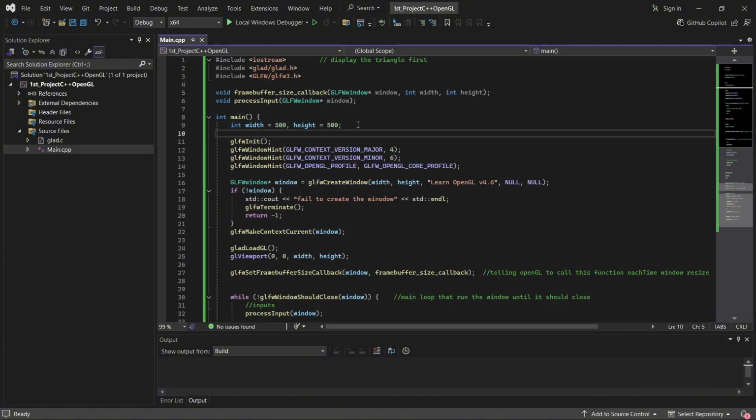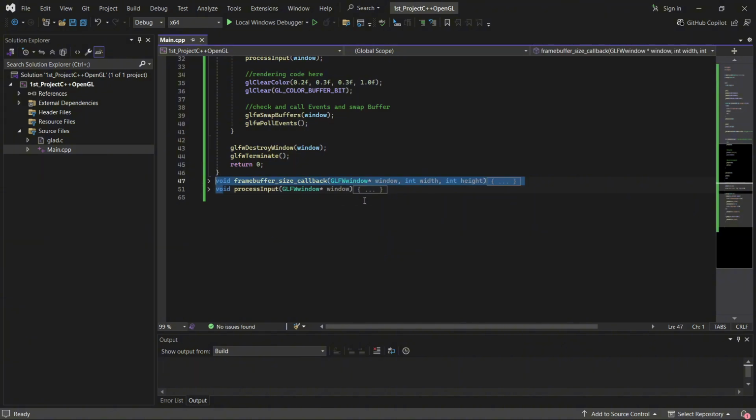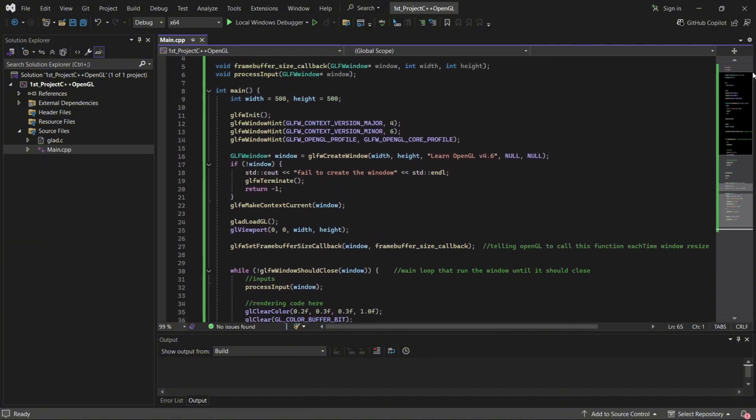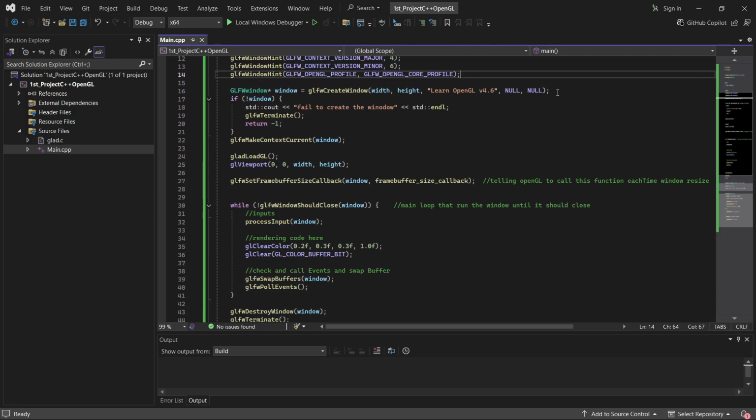This is basically the window width and height. This is the prototype for two functions that I have over here, and this is where I'm initializing the GLFW and giving the window hint that I want to use OpenGL version 4.6 and I want to use core profile. And this is where I'm just creating the window,